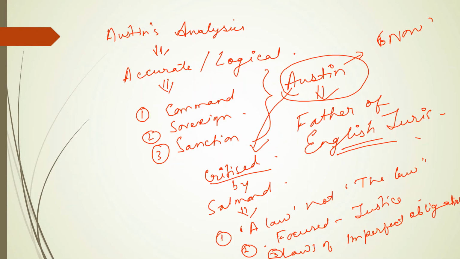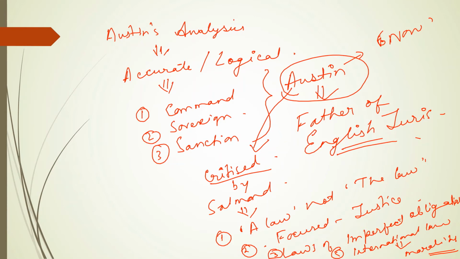And lastly, he is also having a problem about international law, because Austin says that international law is also a law which we have to follow. Okay, so as per Salmond, international law is a modality but not a law. Got it? Because whenever we are following their law,